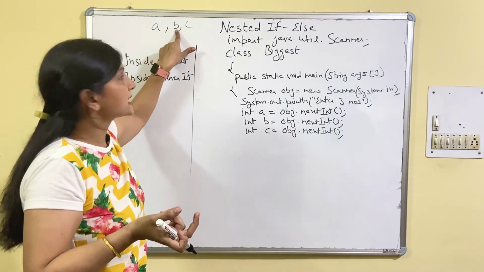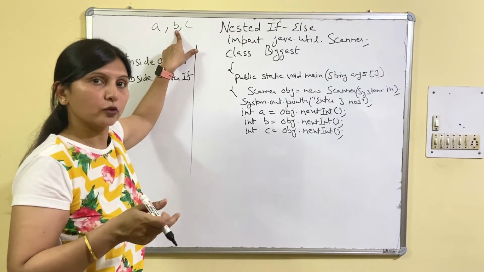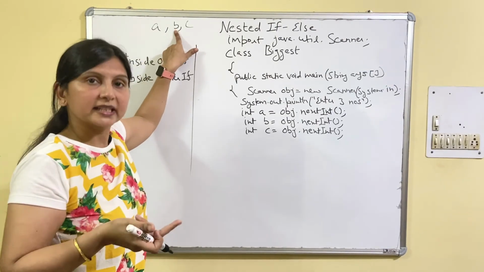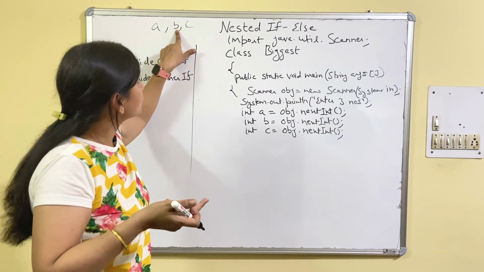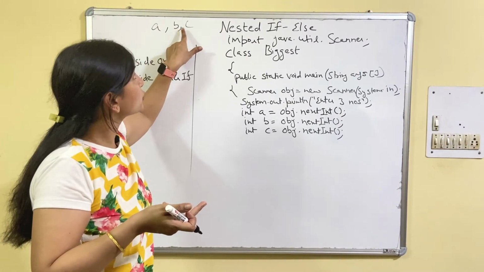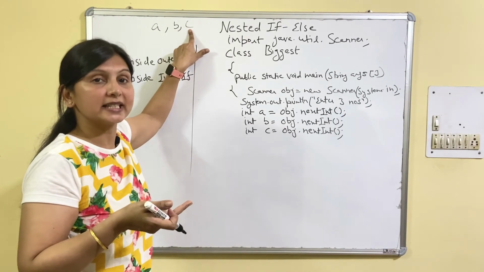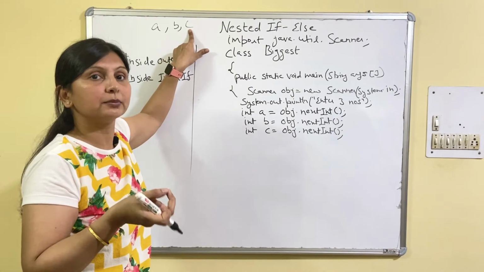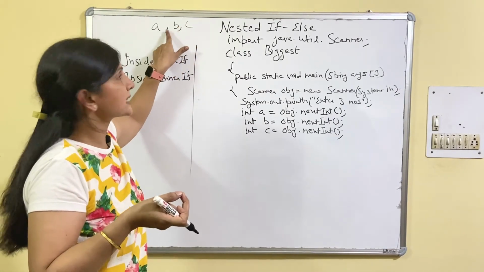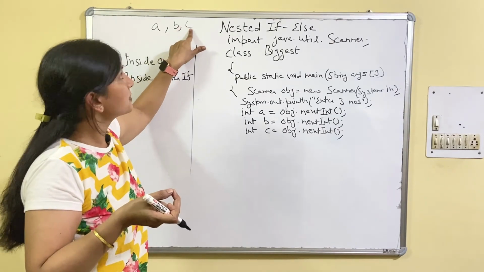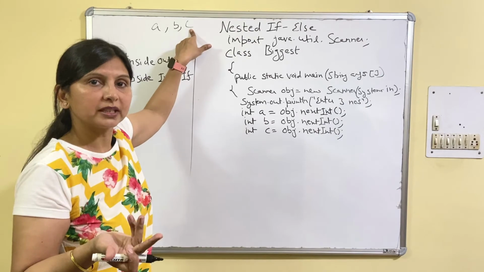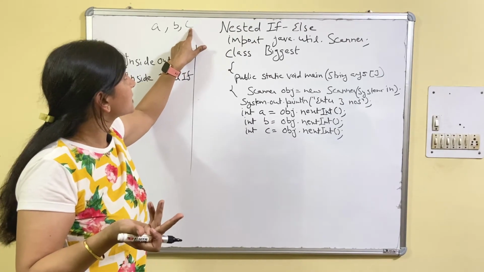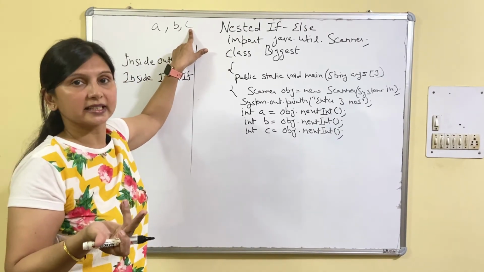Suppose a b से बड़ा नहीं है, condition is false. It means b is greater than a. Then we need to check only that b should be greater than c. In that case only b will be greatest. b a से तो बड़ा हो गया, तो b को हम c से भी चेक करेंगे. अगर c से भी बड़ा, it means b greatest हो गया. अगर c बड़ा है b से, it means c is greatest.